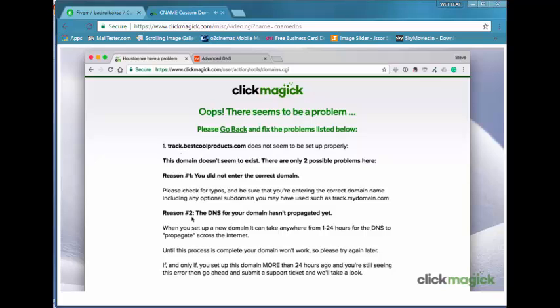Okay, reason number two, the DNS for your domain hasn't propagated yet. This is the most common reason for a domain not being accepted. You can read right here, when you set up a new domain, it can take anywhere from 1 to 24 hours for the DNS to propagate across the internet. You can Google internet propagation if you want to learn more about it, but it's sort of like when a